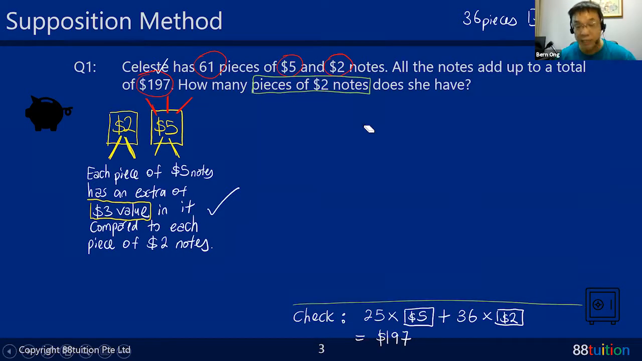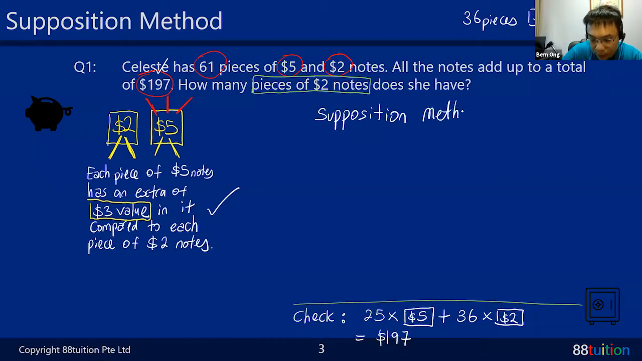But in terms of explanation, I'm not going to explain because I don't like it. I know how to explain the least one. That's the reason why I stick to my method, the supposition method. So now, assume all